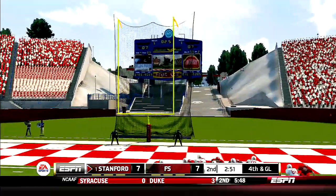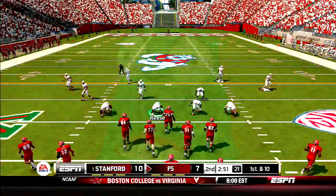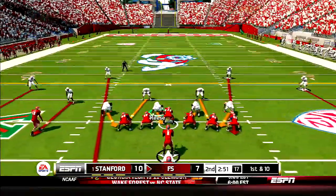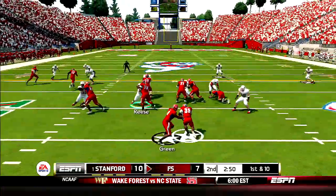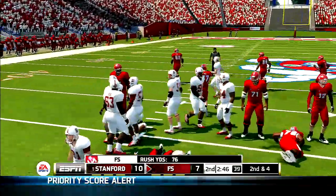7-7 ball game. Field goal goes up. It is good from Johnson. And that is going to make it a 3-point lead now, making it 10-7. So now 10-7 here. 1st and 10 here for Green and for the Bulldogs as Hayes puts his pads down